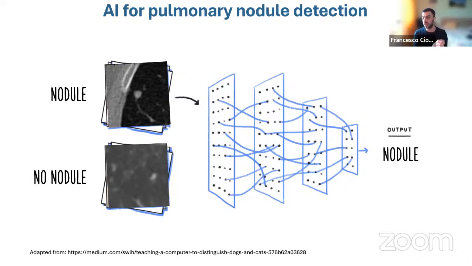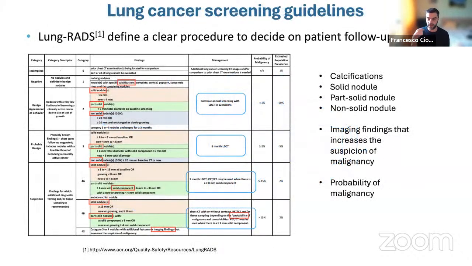Or you can also formulate it as a nodule segmentation problem, right? And then use U-Net or any other segmentation model. But this would be the goal, to say if it's a nodule or not. And then let's say it's a nodule, then radiologists are asked to check this table. This is called the Lung-RADS guidelines. They have to check the type of nodule, how big it is, and what it looks like. And then based on that, they decide how to manage the patient, right?